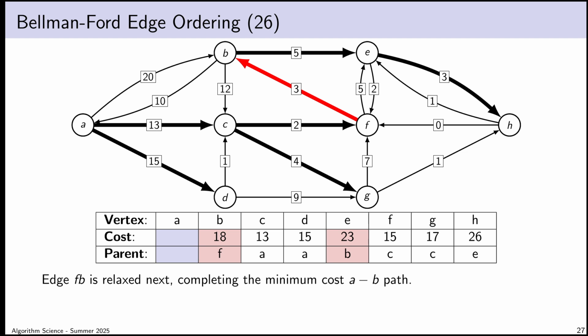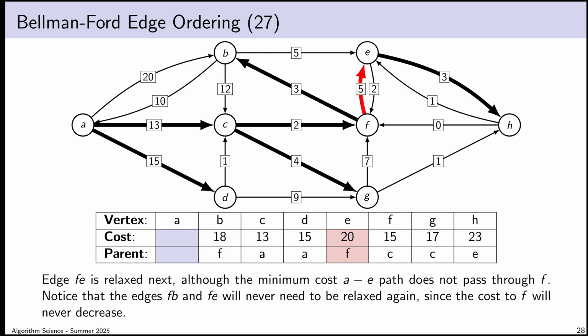And because this is the minimum cost of travel to vertex B, sure, there could be other ways of getting to vertex B at the same cost, but now that I've found a path with this cost, vertex B's status in the tree will never change. It's going to be in the tree forever, its cost will be 18 forever, and the edges that brought us there will never change. Because the only way the edges could change is if a lower cost path exists, and we happen to know that this is the minimum cost path.